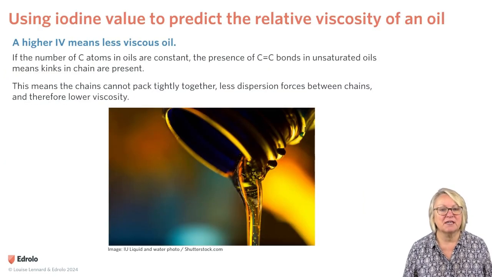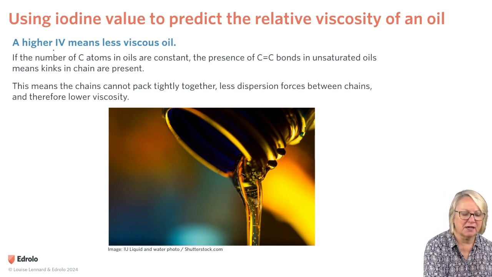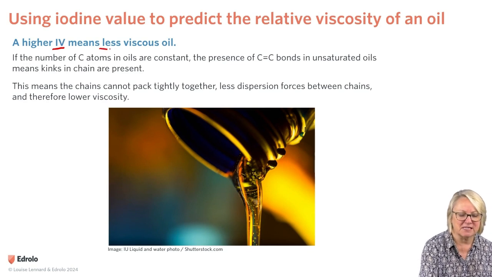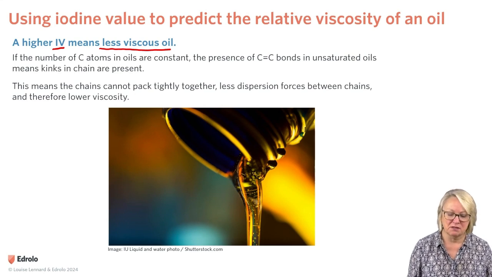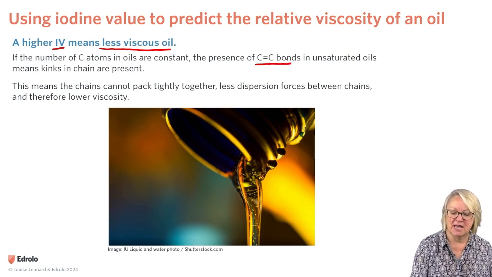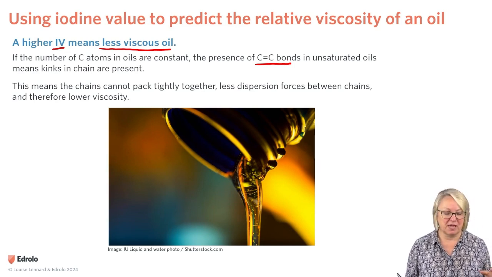We can use iodine value to predict the relative viscosity of an oil. Remember, viscosity is a measure of the intermolecular forces between adjacent molecules, and a higher IV means a less viscous oil. So if the number of carbon atoms in the oil is constant, then the presence of carbon-to-carbon double bonds in unsaturated oils means that you get more and more kinks in the chain,